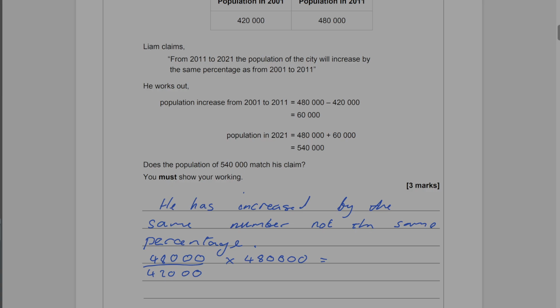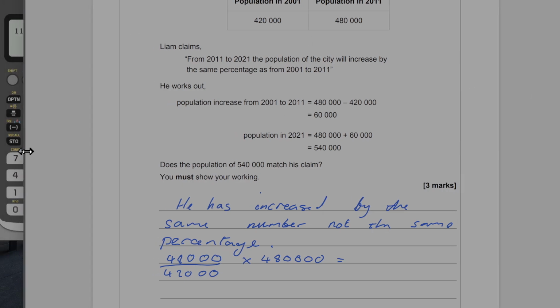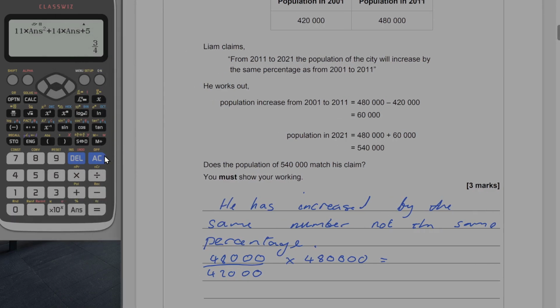So that will tell us what the population should be if he was correct. So let's have a look at that. 408, to be fair, I don't need to type the zeros. There's nothing wrong with typing the zeros. I'm just suggesting that because they would cancel, it just seems a bit of a shame, and then I don't really need to do it. Times by 48, 480,000. So the population should be